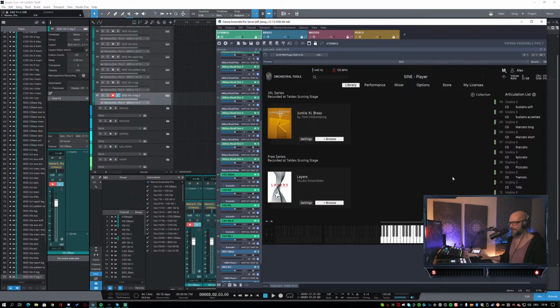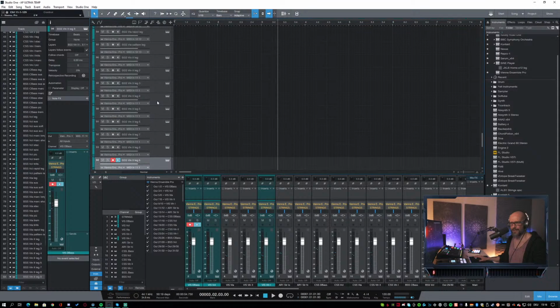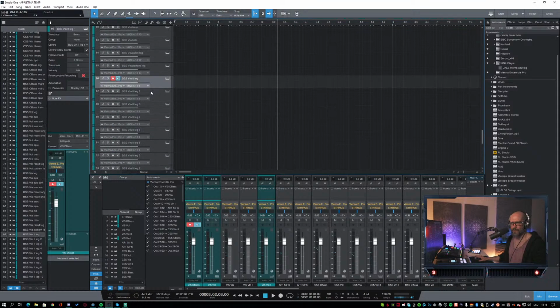It's 13 instances. So 1, 2, 3, 4, 5, 6, 7, 8, 9, 10. Okay, we got sus. Then we have sustain soft, sustain accented, and then we have to route this 11-1,